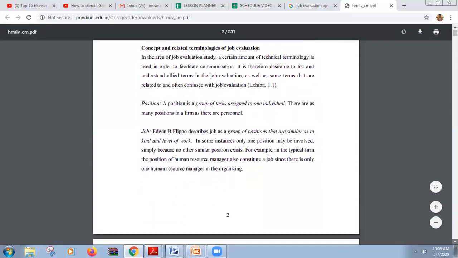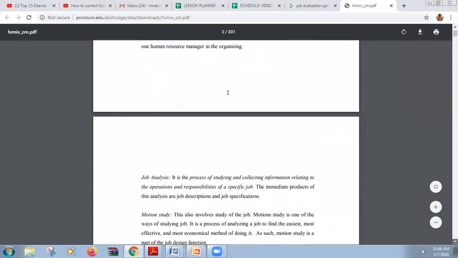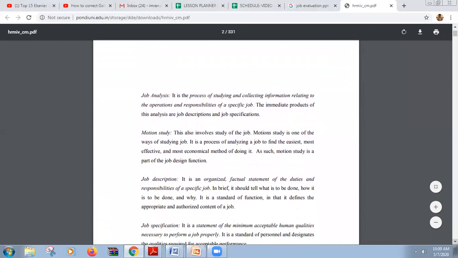Similarly, the person who is not performing the job within 3 minutes will have to be evaluated against this job. So this is the job analysis. Again, come to motion study. We have already discussed motion study and what types of motions there are. These are very much applied for the application of job analysis.